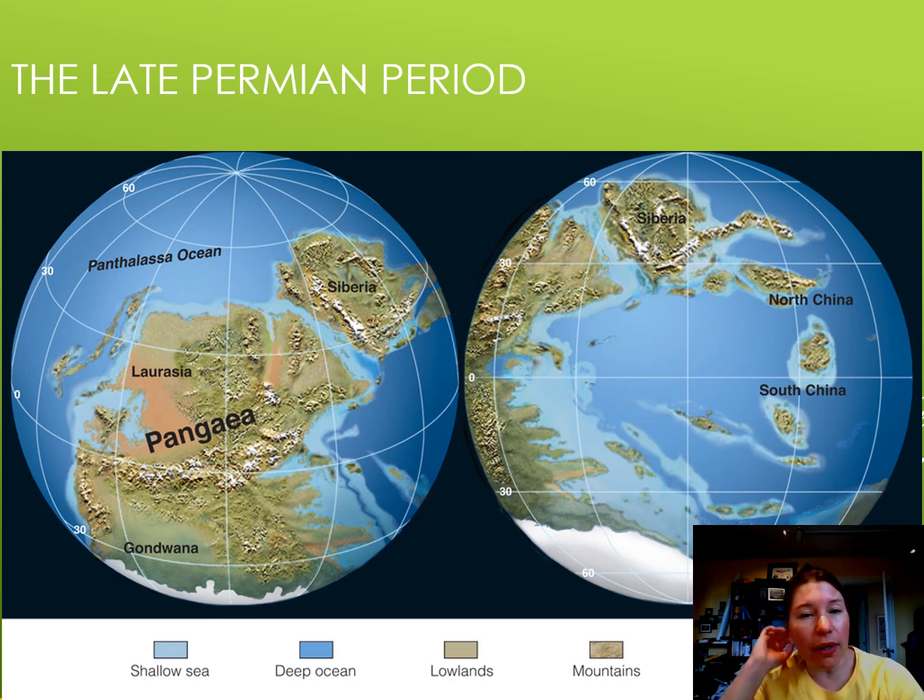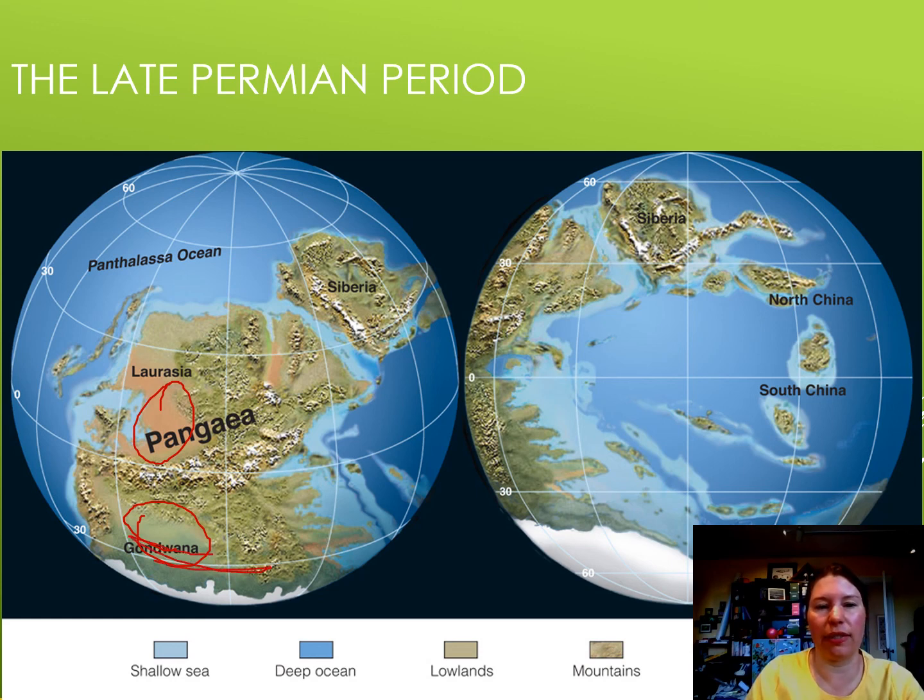The size of the supercontinent and high mountains from the previous orogenies, including this one, the Appalachians here, means that we are going to have dry conditions. So we get deserts. So much of the central part of Gondwana here, especially 30 degrees north and south latitude, which is today known as our desert latitudes. Those are going to create some of the first deserts on our planet since life evolved.